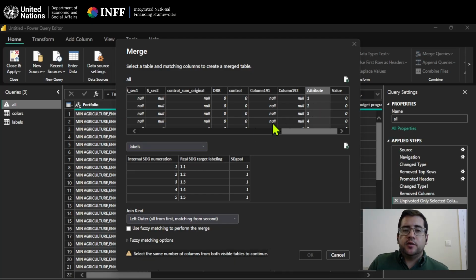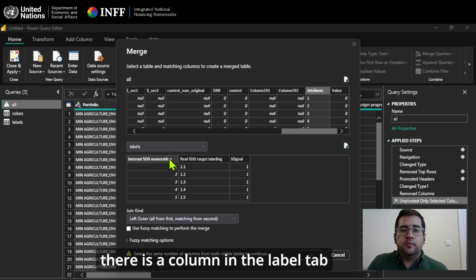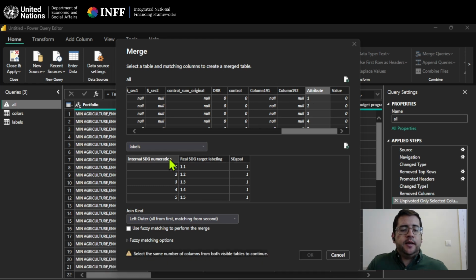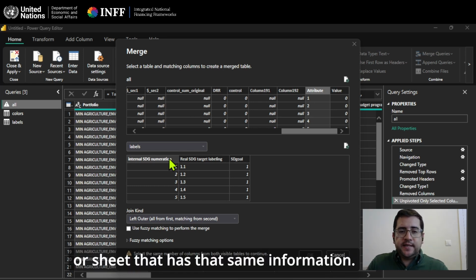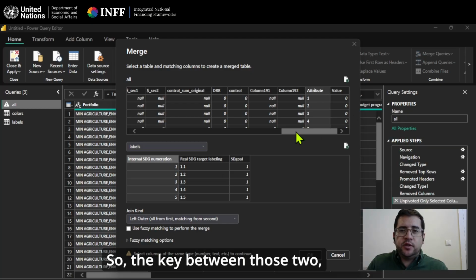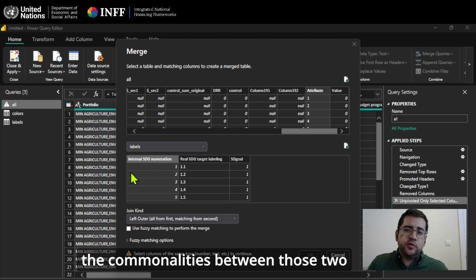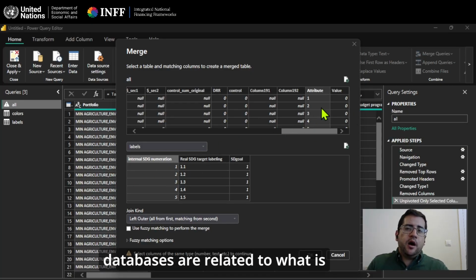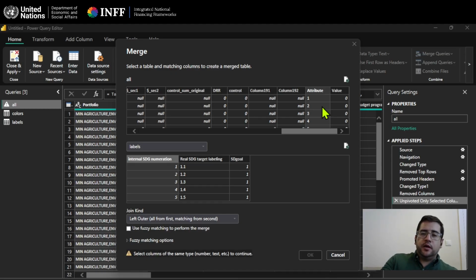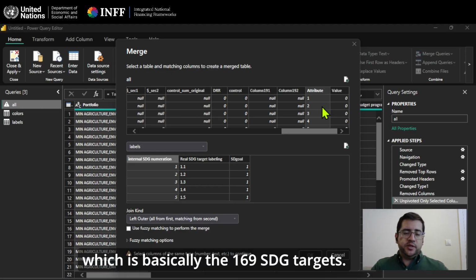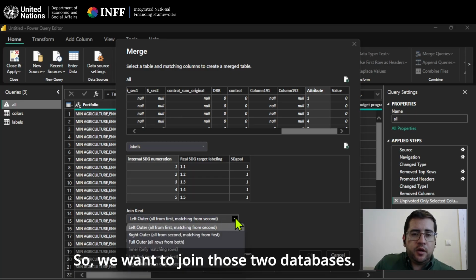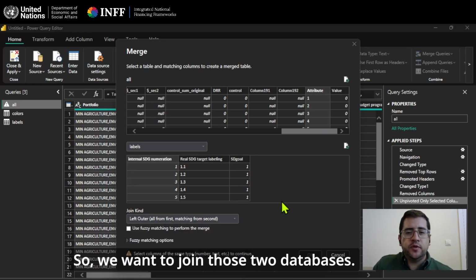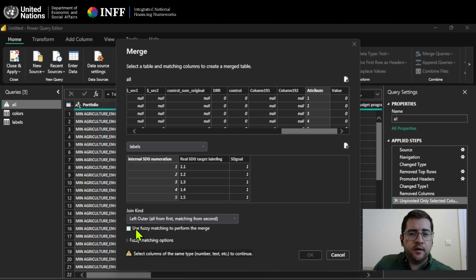That's the result. As you can see, there is a column in the label tab or sheet that has that same information. So the key between those two, the commonality between those two databases, is what is denominated here as Attribute, which is basically the 169 SDG targets. So we want to join those two databases and